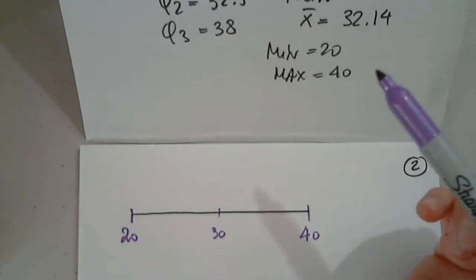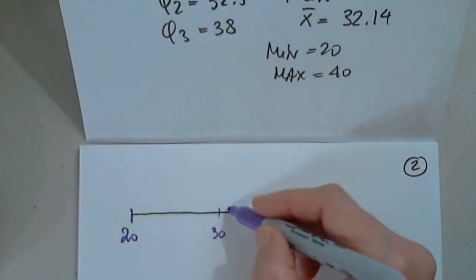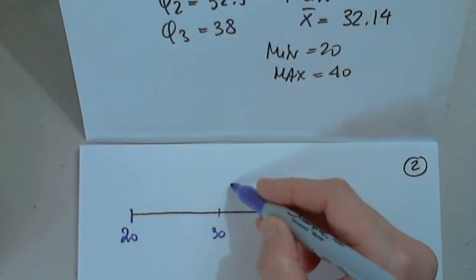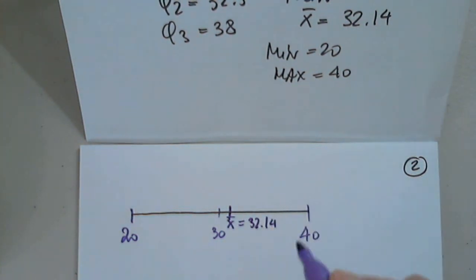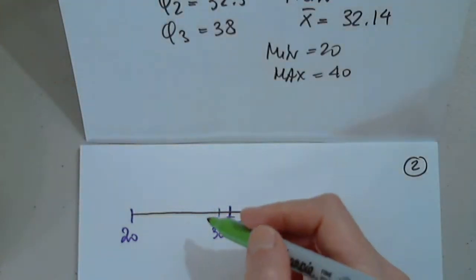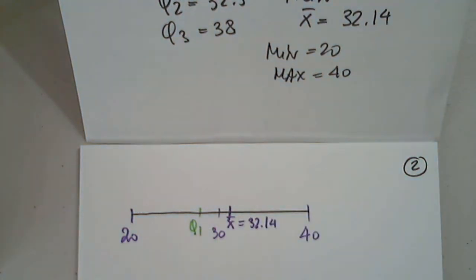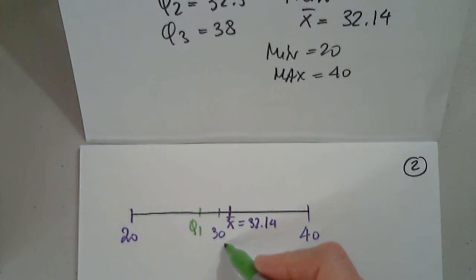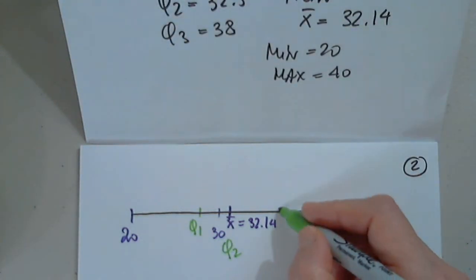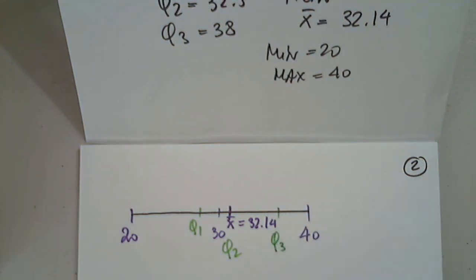And where is the mean? The mean is somewhere to the right. So I'm going to put the mean right here, x bar, as being 32.14. And Q1, roughly Q1. Q2, it's very close here. So I'm going to say Q2 is somewhere here. And then 38 somewhere here. So that's the Q3. How is this determined? How is this determined? Well,